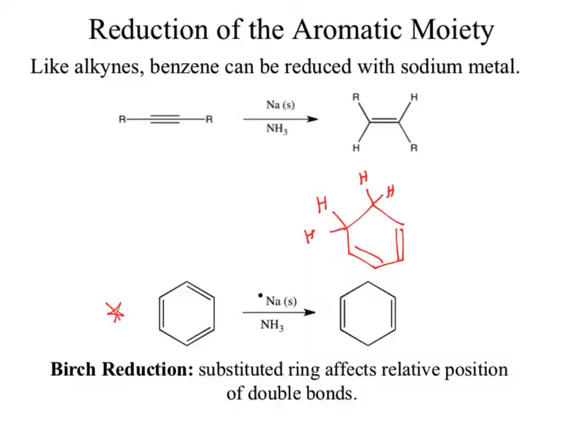So to do the reduction, we will remove a double bond, but we have to remove it in such a way that we remove conjugation altogether. How easy do you think this process is going to be? Not easy. Not only are we losing aromaticity, but we're also removing conjugation. This is a difficult process. It requires some relatively high energy materials, like